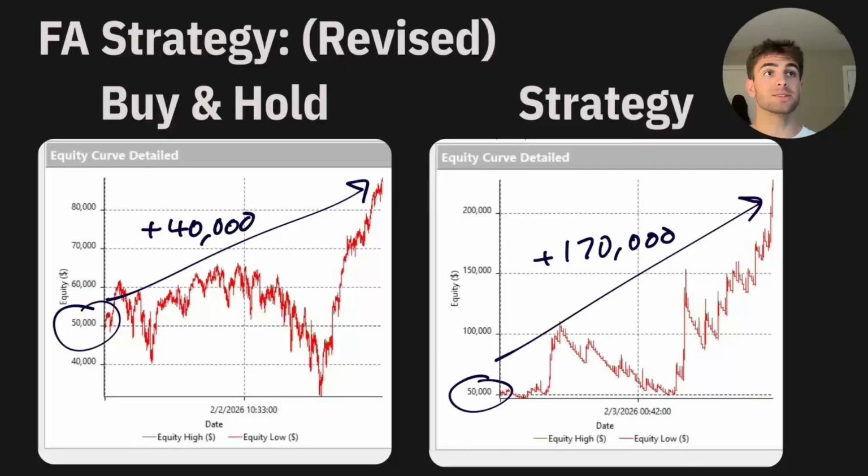Something else interesting to note, given that it's within the parameters of a prop firm, is the nature of this new strategy and the resets. You'll notice this strategy on the right starts at 50,000 and can't really go much below that. We see at most it goes to maybe 48 or 49, because if you draw down below that, your max drawdown in a prop firm, you blow the account and you